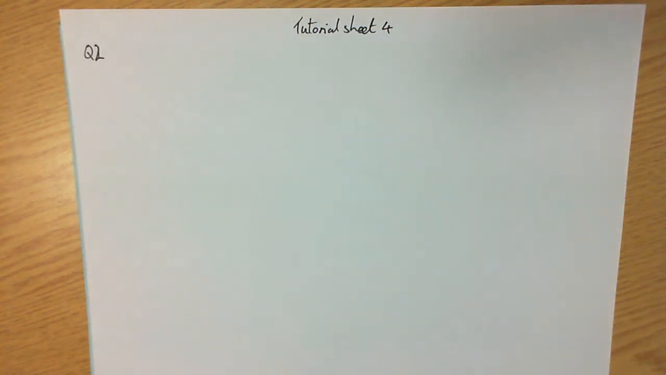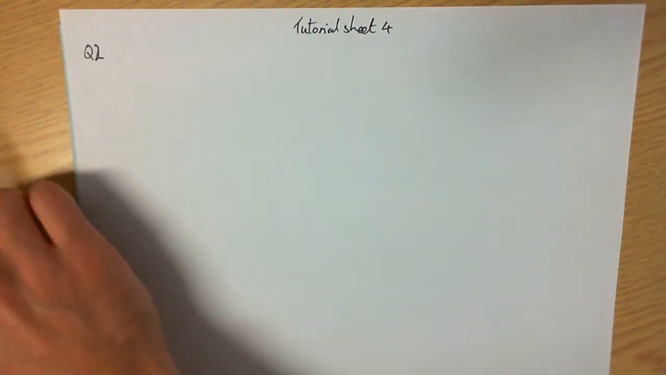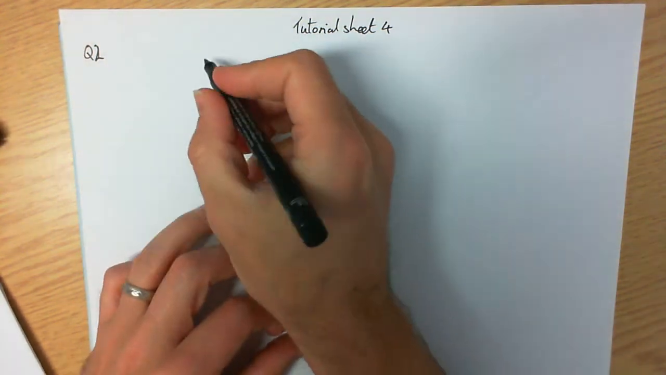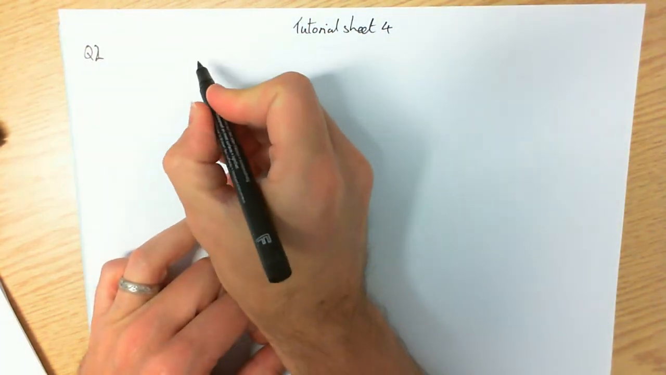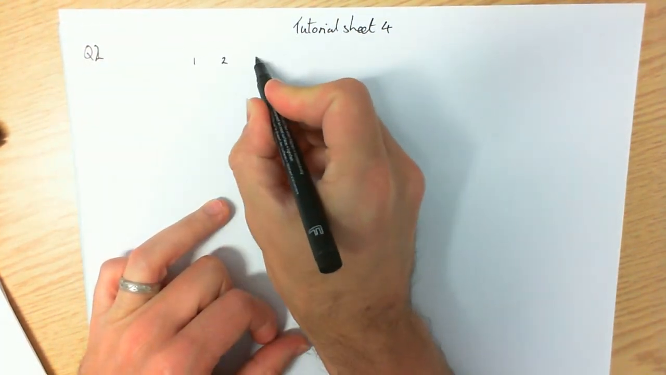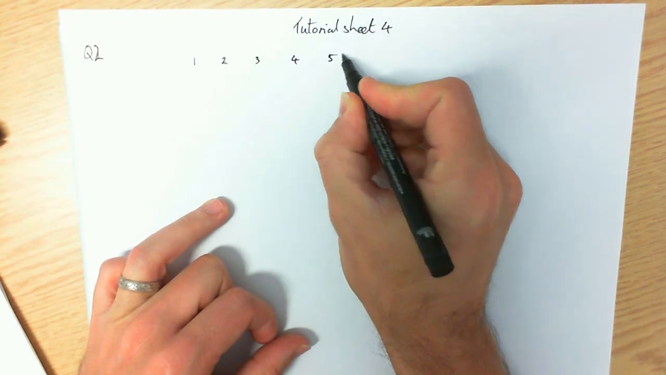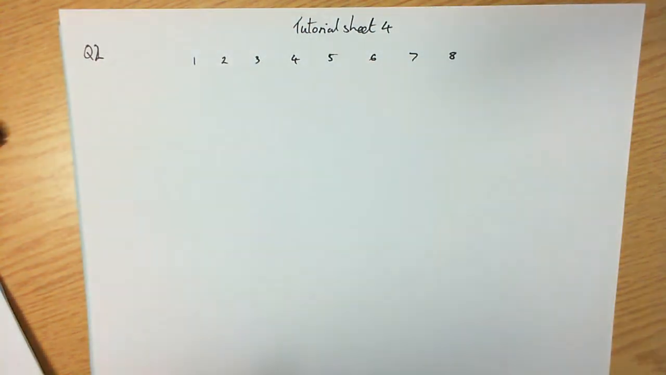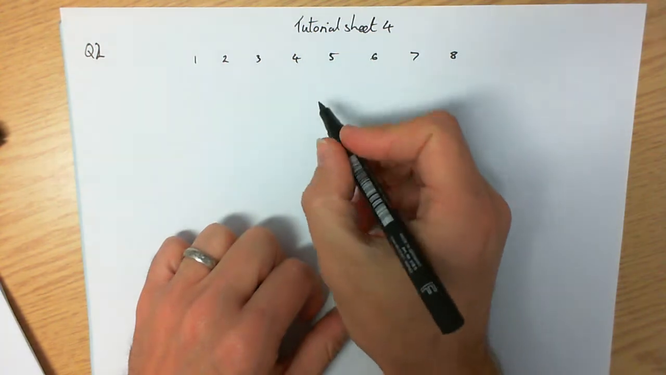Tutorial sheet for question 2. Here we've got 8 data signals that are sampled and time multiplexed using pulse amplitude modulation. So what we've got here, we're going to have 8 signals: 1, 2, 3, 4, 5, 6, 7, 8. We're going to be time multiplexing them using pulse amplitude modulation, which in